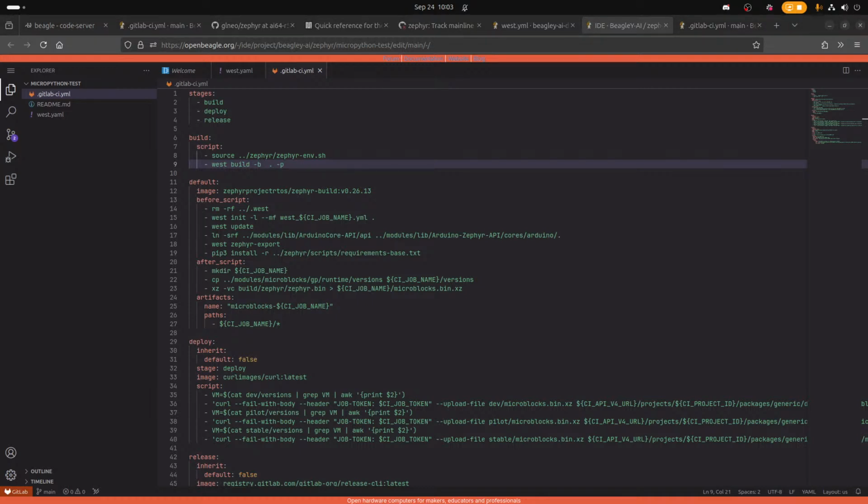Target name. Oh, it's got all these slashes in it. Okay. And it should be modules lib MicroPython ports Zephyr.